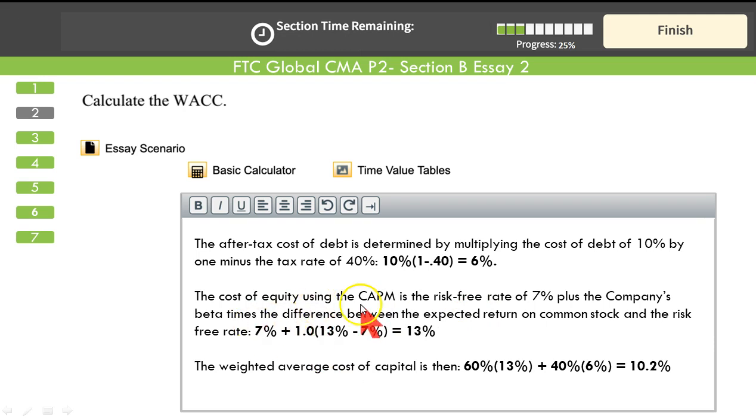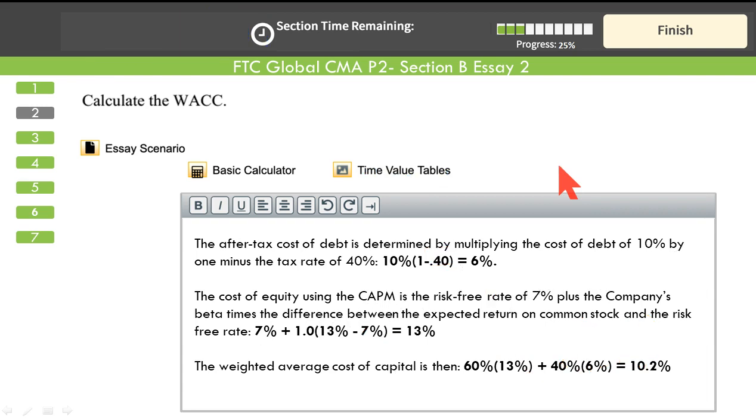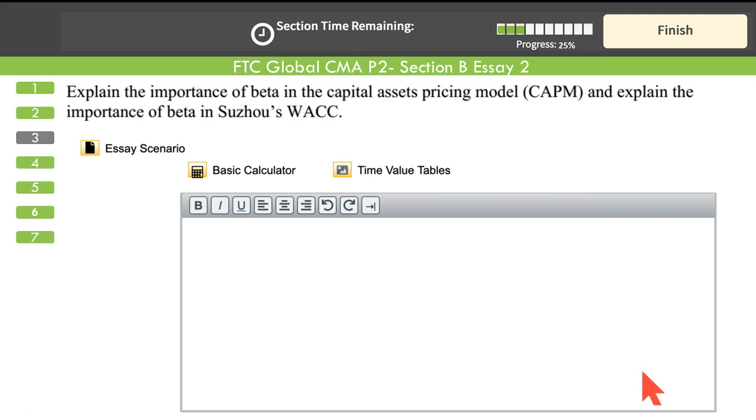When we use the formula K is equal to RF plus beta, the examiner knows we have used the capital asset pricing model. No need to tell them, because your examiner is most probably a qualified CMA. So done. 10.2 is the answer. 10.2 is the weighted average cost of capital. Next question says,